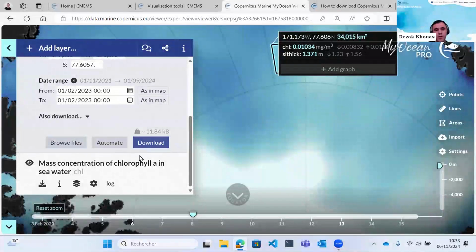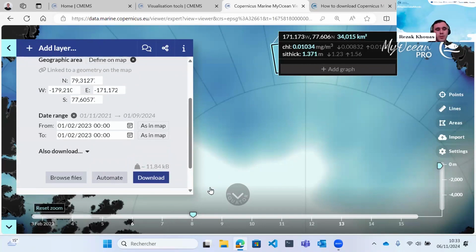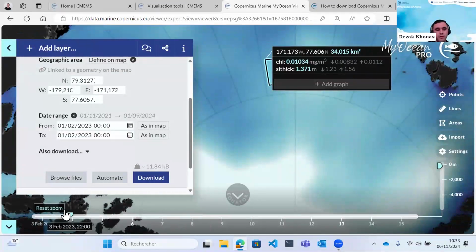And the last option is to download the data simply by clicking on download. Of course, here, just a small info, you cannot download more than 300 megabytes of data. So you are limited in terms of memory. So let's say here, if you want to download data from 2022